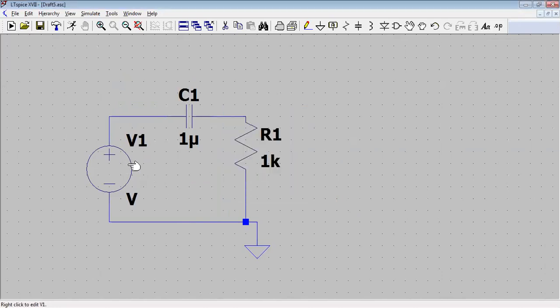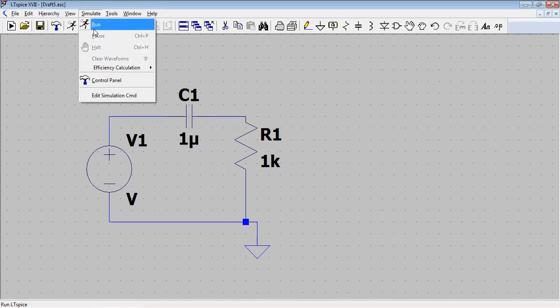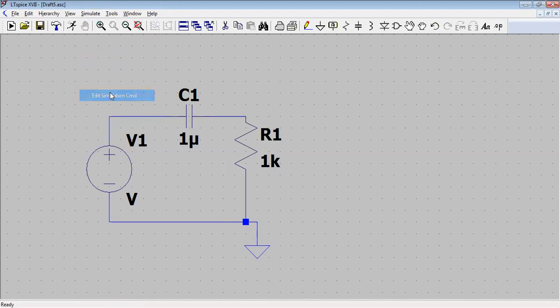And let me put this voltage source as we are going to work with AC sources, or you can say we are going for a filter design. So for filter design, we are not going to simulate the whole circuit only for one voltage or only for one frequency. So we will go to a number of simulations. So let me go to this simulation point and let me edit the command.